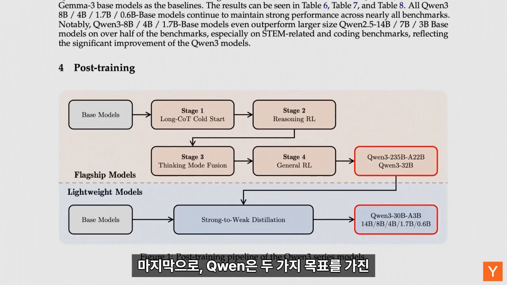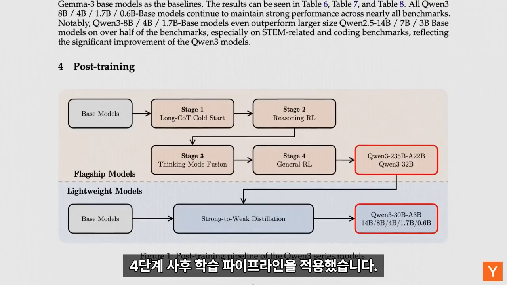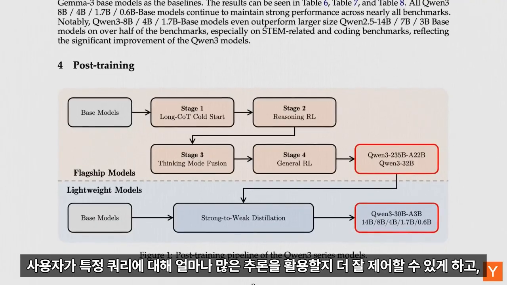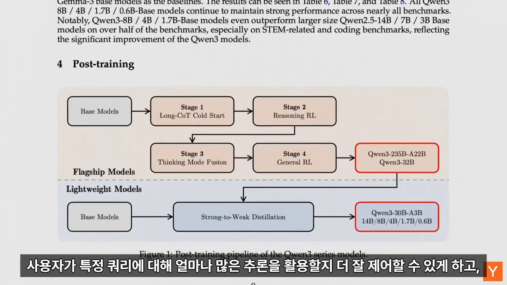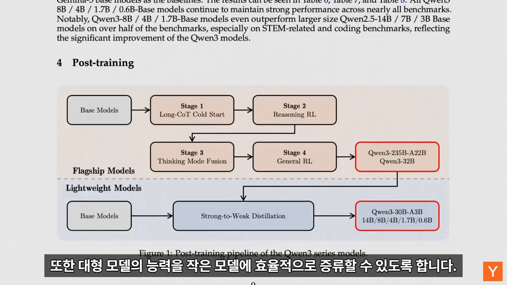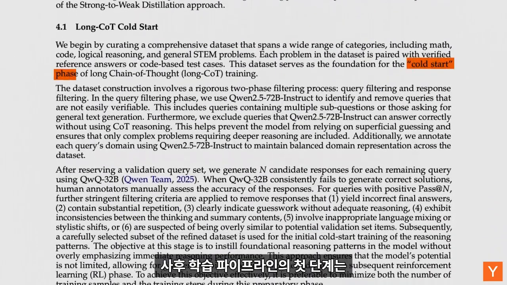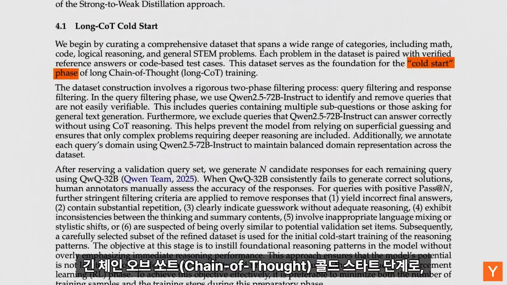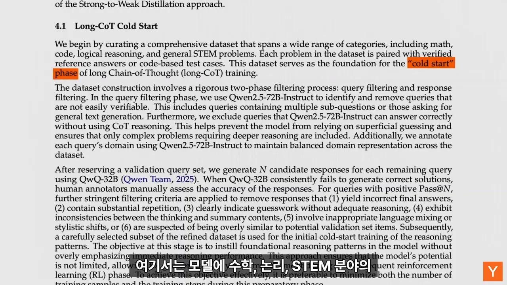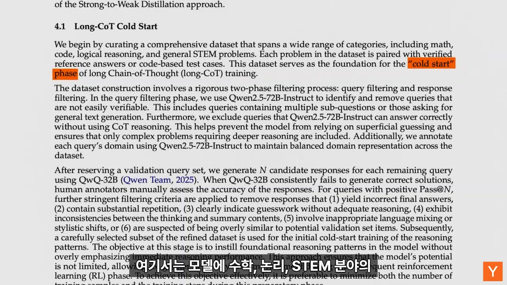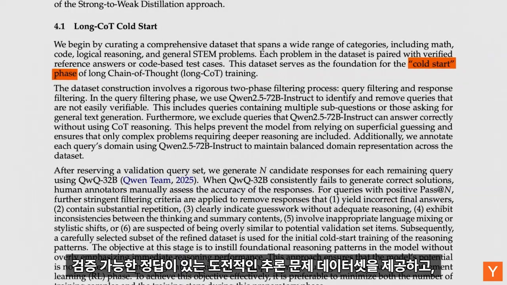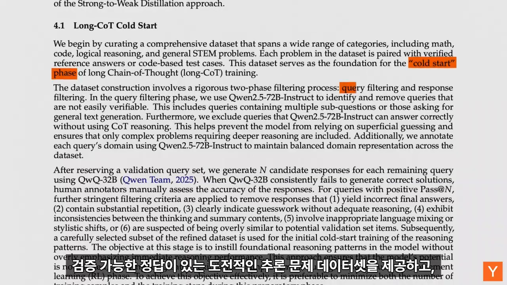Finally, Qwen uses a 4-step post-training pipeline with 2 goals: giving users more control over how much reasoning to use for a given query, and letting them efficiently distill larger model capabilities into smaller models. The first step in the post-training pipeline is a long chain of thought cold start stage, which involves feeding a model a curated dataset of challenging reasoning problems from math, logic, and STEM with verifiable reference answers, and then filtering